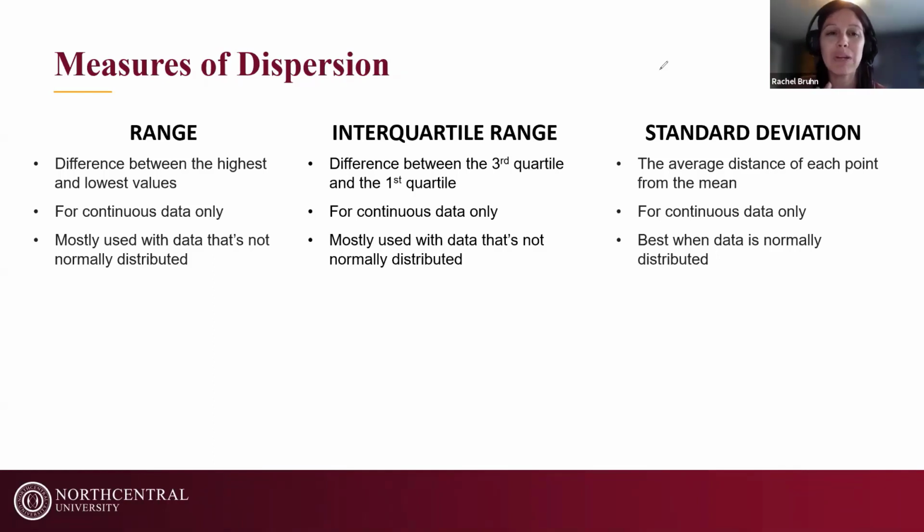And I think that this one's probably one of the easiest to interpret as you're talking about variability. If there's a lot of variability, then your standard deviation is going to be quite large. So part of that's going to depend on the scale that you're working with for your values. So there's no set number for what's a good or a normal standard deviation. Just know that in relation to the scale that you're working with, smaller standard deviations mean that your data doesn't vary very much. Everybody had very similar scores, whereas a larger standard deviation indicates that there was a lot more variability in those scores.